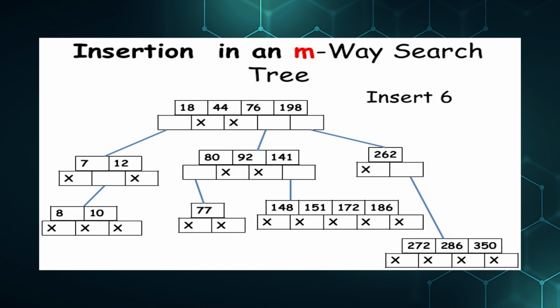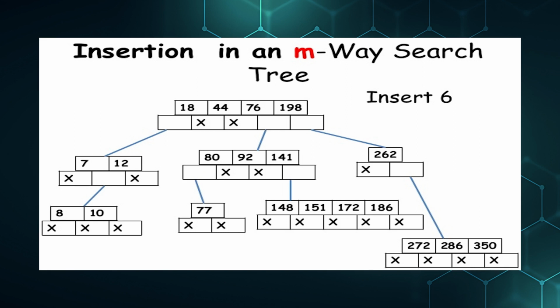So here we check 6 is less than 7, and 7 has two possibilities to insert: one is as a left neighbor of 7, as well as the left child of 7. That is completely dependent on you. You are free to insert that new item anywhere, either as a neighbor or as a left child. Here I insert as a left neighbor of 7 because we have space,